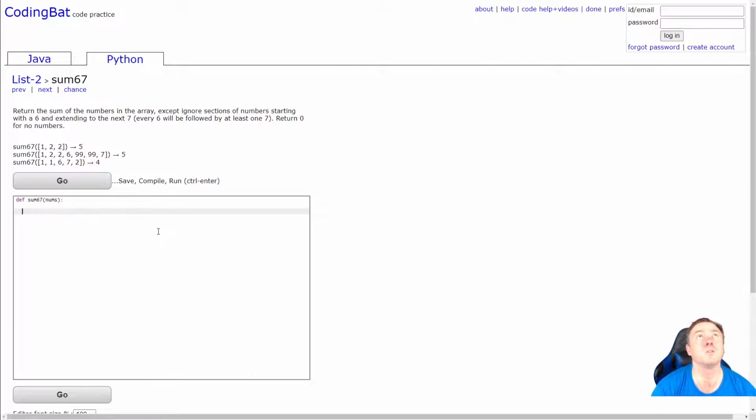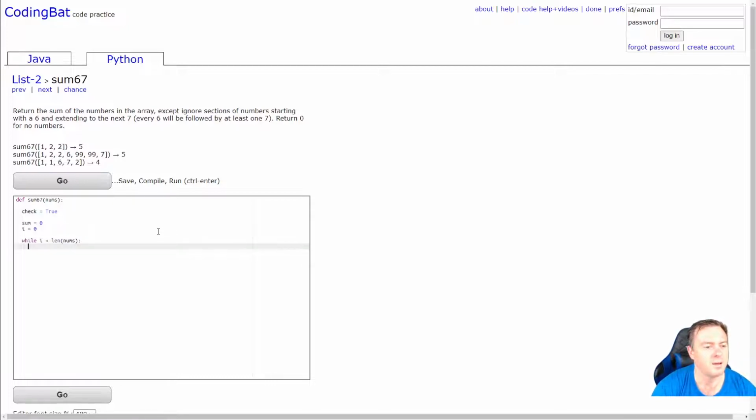So what we're going to do is make a check flag. So we're going to go check is equal to true. All right. And then we're going to do a sum variable. So we're going to go sum is equal to 0. Now this check flag is going to basically go on and off. So it's just like a little postbox lever. So if a 6 happens, the lever goes down. Right. And then if a 7 happens, we can then pull it back up. So I'm going to do this again with a while loop. So while, and then make a variable up here to control the while loop. So make i is equal to 0. So while i is less than the length of nums,